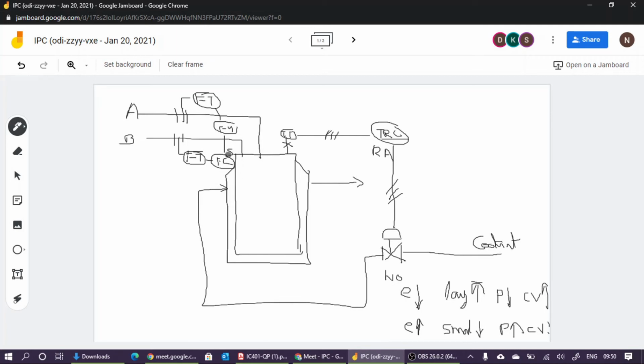So this is set point. You have to mark it as set point. And this is a control signal. So you have to use 3 lines because this one is an electric line. This is also an electric line. Now what we are changing? We are changing the flow rate of this one using this FC.